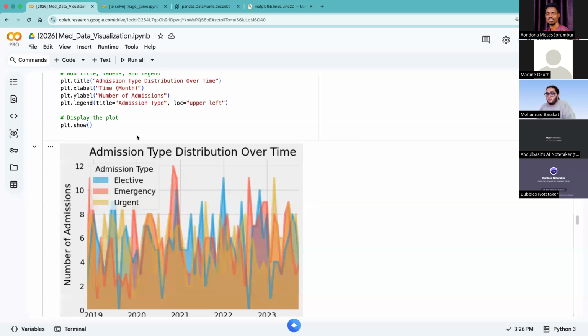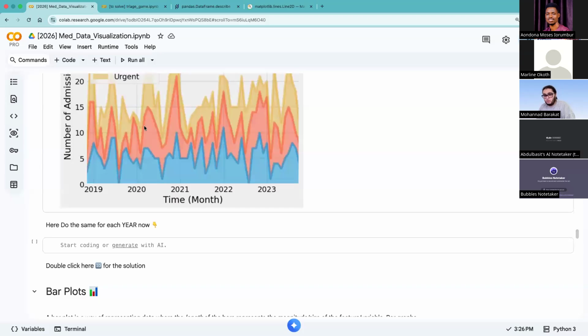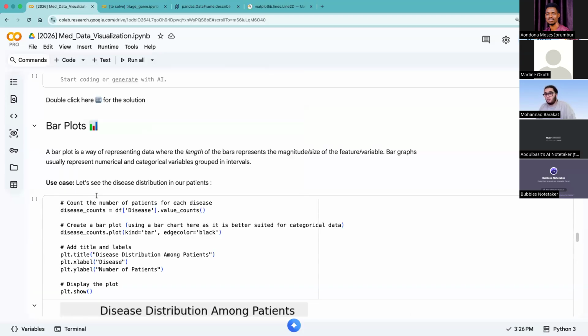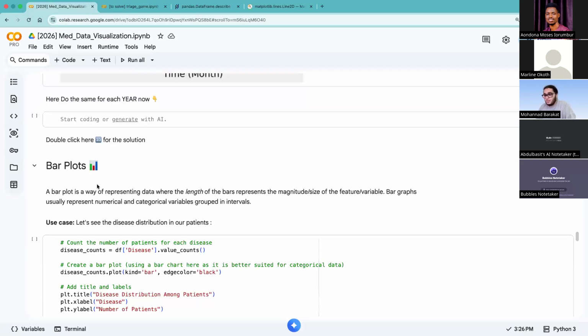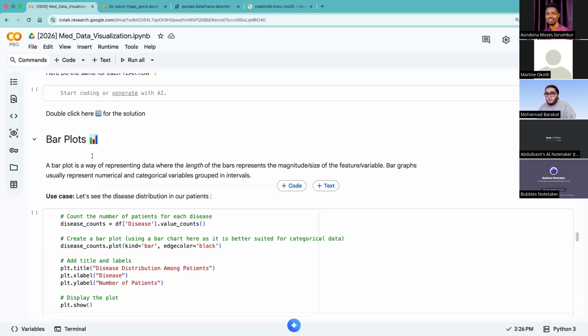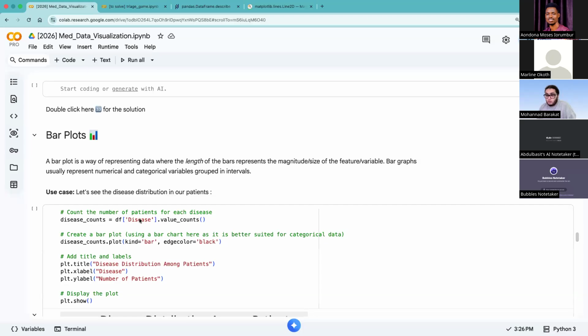Okay, by the way, this notebook would be available for you so you can deep dive into how to do every one of those, but I don't think that it's best to use the time to discuss syntax, just give you an idea how to do it. Here's another very famous type of plots, which is just bar plots. And in bar plots, what you do is that you